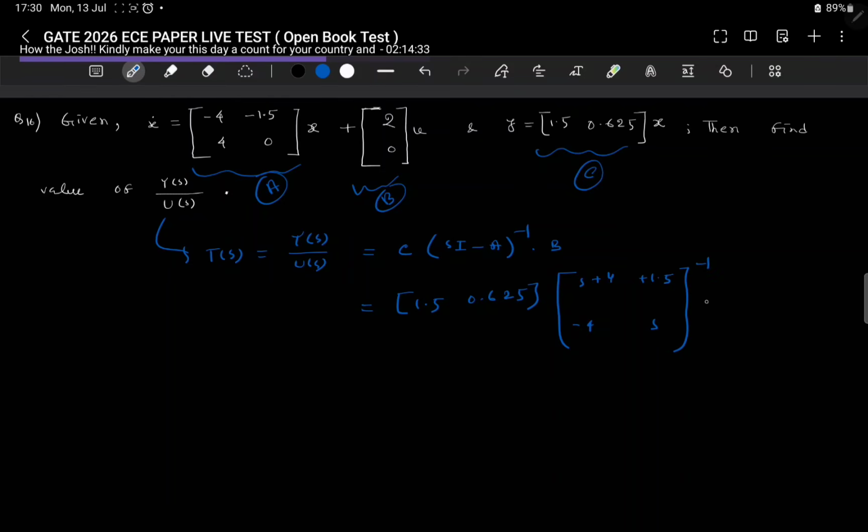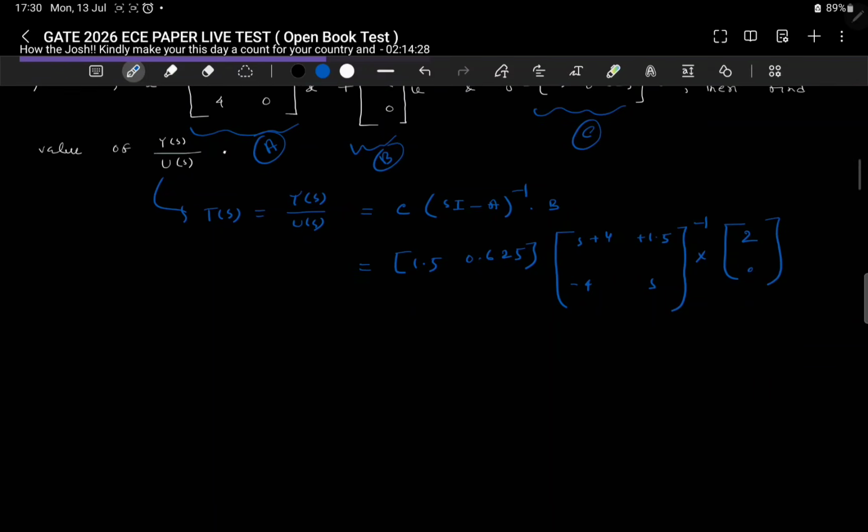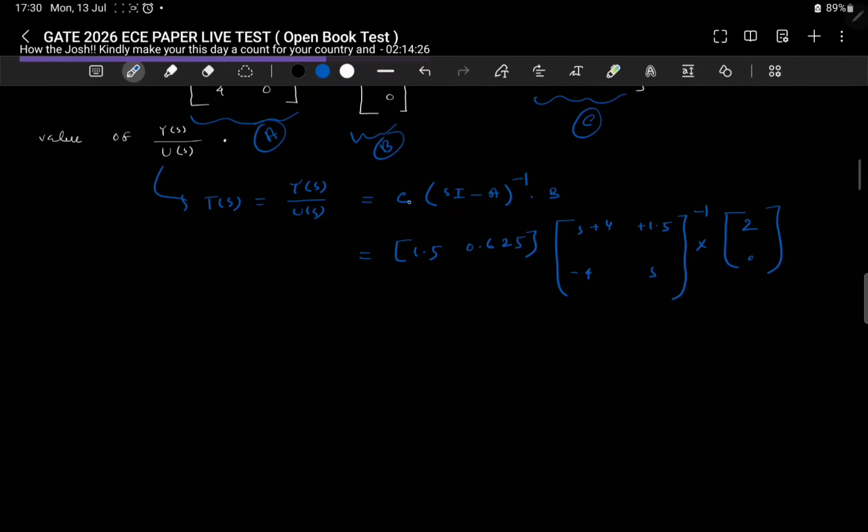Okay, now it is 20 B. So C comes first, then A, then B. CAB. Okay. Then 1.5, 0.625. So if you do this operation, we will get